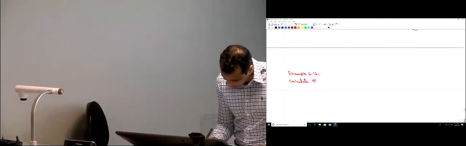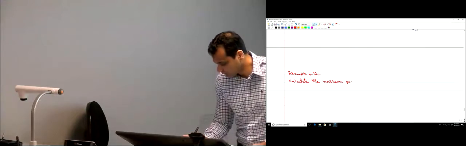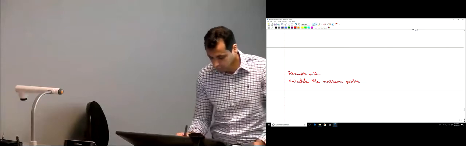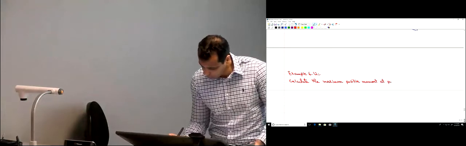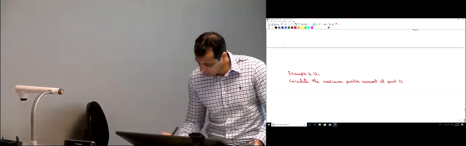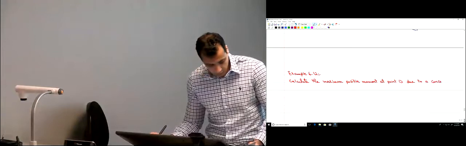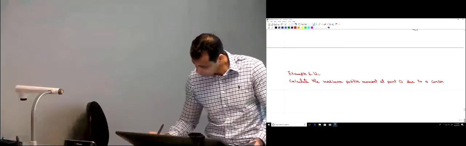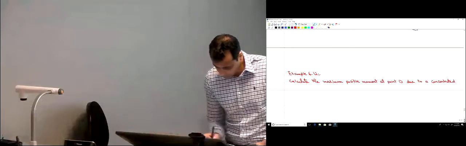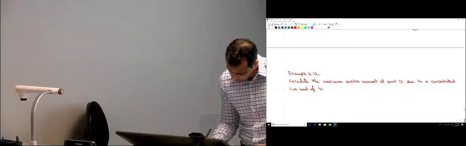In example 6-12, we're required to calculate the maximum positive moment at point D due to a concentrated live load of 4,000 pounds